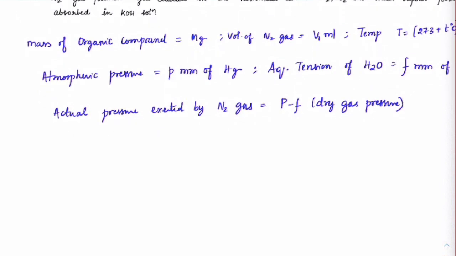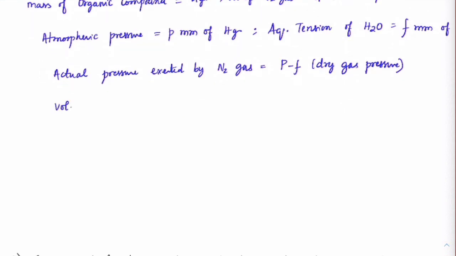Yes, correct. So from there, now I know the volume of N2 at STP. I can directly do the calculation also, but usually the standardization is always done with respect to STP, just to make sure we get a more accurate value. So the volume of N2 at STP, let us say it is V ml. Then I can say that P1 V1 by T1 should be equal to P2 V2 by T2.